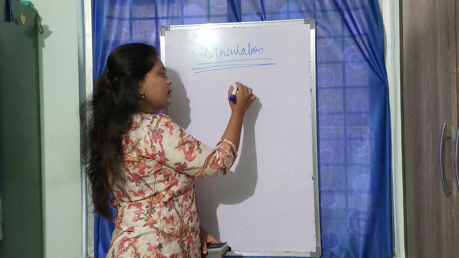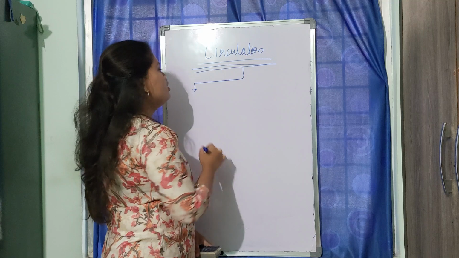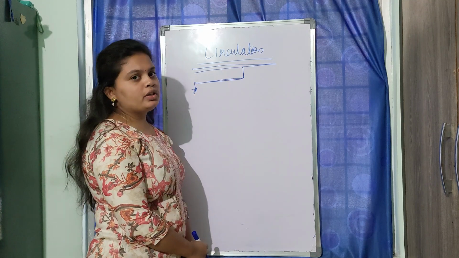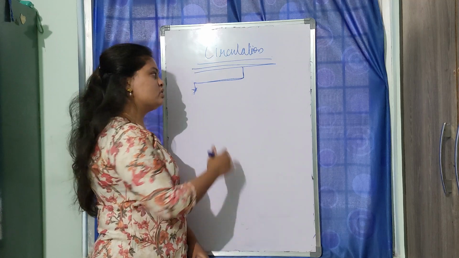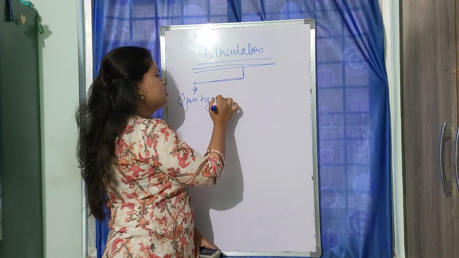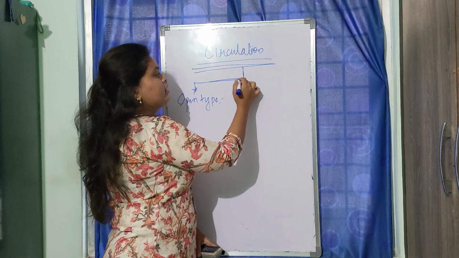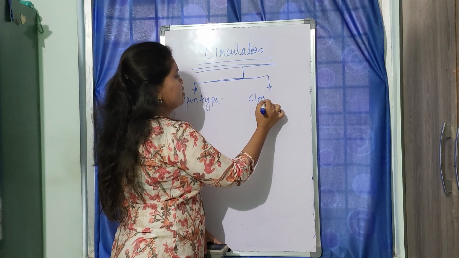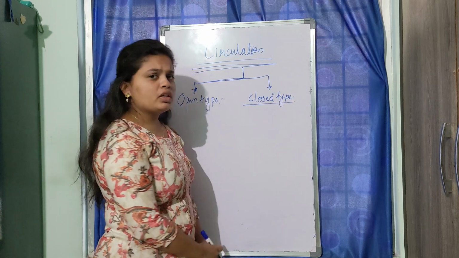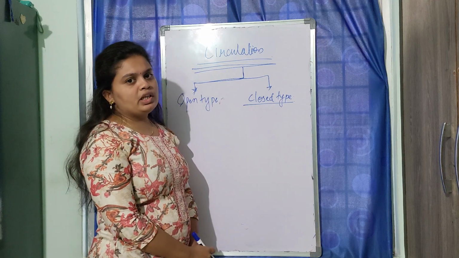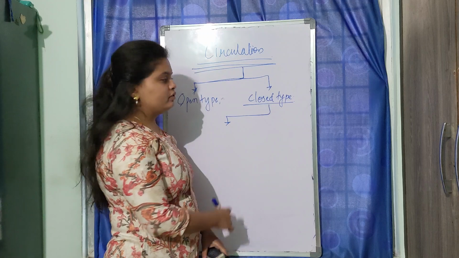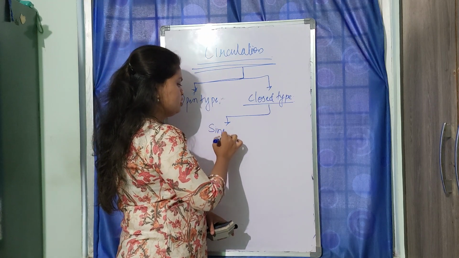So when we talk about types of circulation, let me draw a flow chart here. There are mainly two types of circulation. One is the open type of circulation, and the second one is closed type of circulation. In closed type of circulation, there are again types. In closed type of circulation we see single circulation,